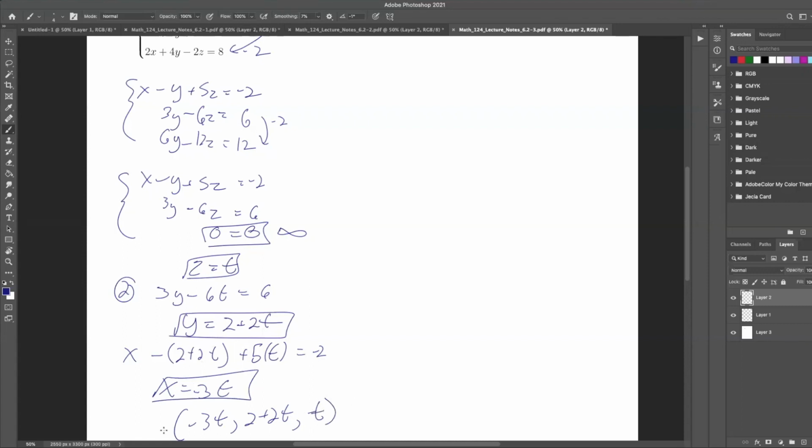That's how I was taught to do it. So let's see what your book wants. Let's go ahead and put a star here. That means I'm going to cut the video, because I cannot show the book and